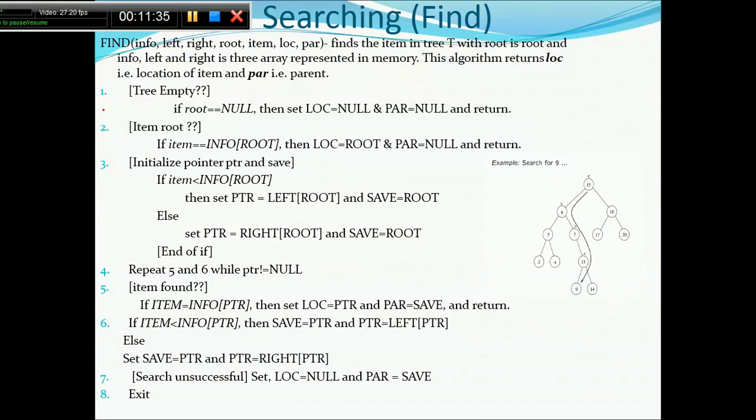Now, see, the first condition is the empty condition, if the tree is not present. If root is equal to null, this means I did not have a tree, then set location equal to null, parent equal to null, and return. Obviously, since the tree is not present, what will you search? Otherwise,